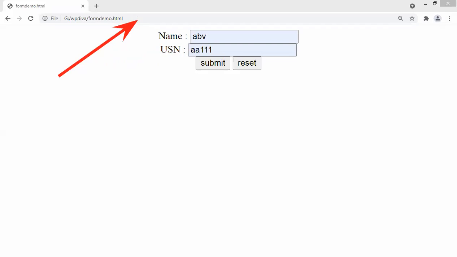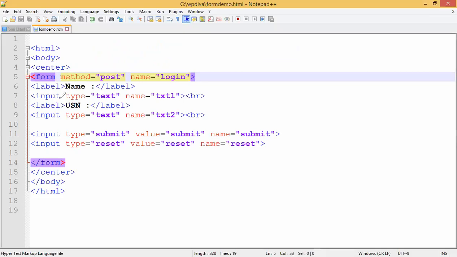So when I take the post method, guys, it is saved, right? When I take form method is equal to post, you can see that everything is saved there. Nothing is visible in the browser. That is the reason we always take the help of the post method. By default, what do we take the help of, guys? We take the help of get. So if you do not pass any parameter for the method, by default it will take get.